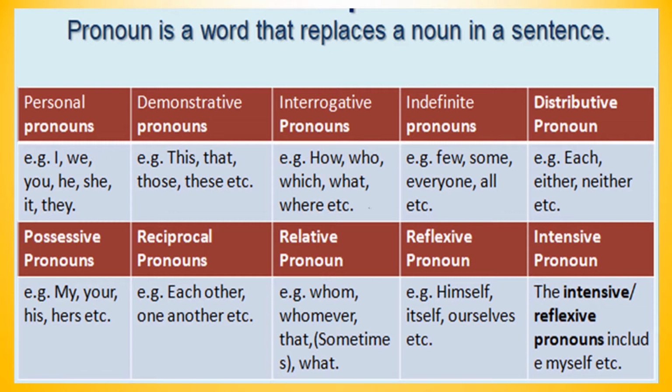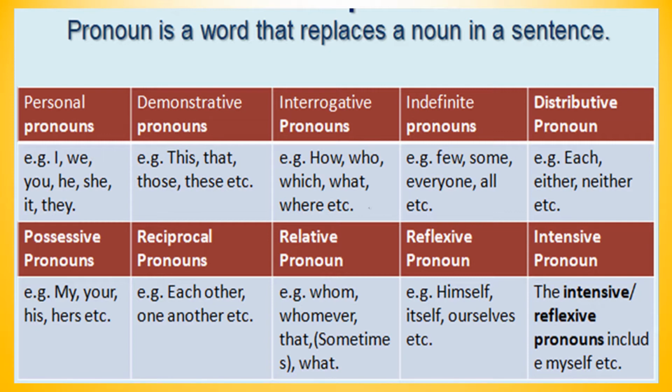A reciprocal pronoun is a pronoun which is used to indicate that two or more people are carrying out, or have carried out, an action of some type, with both receiving the benefits or consequences of that action simultaneously. Anytime something is done or given in return, reciprocal pronouns are used. For example, each other, one another, etc.